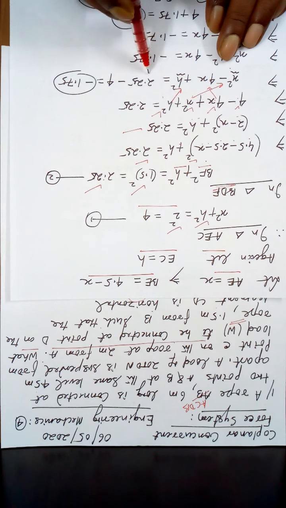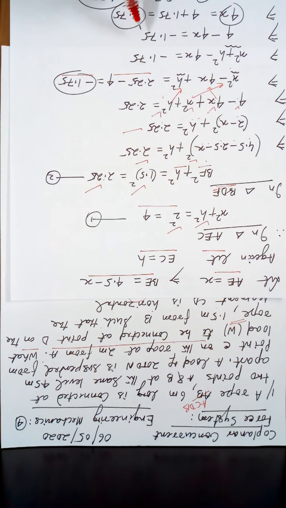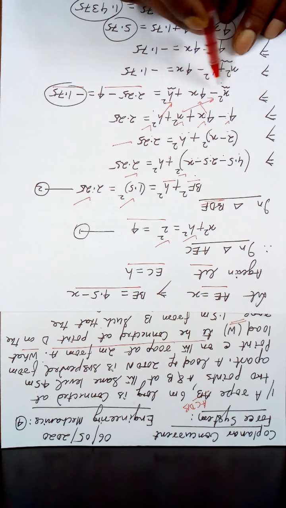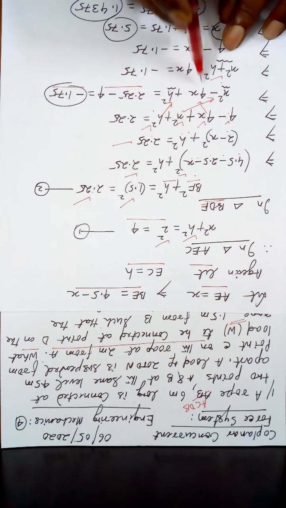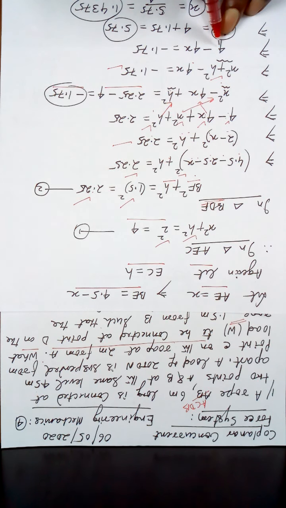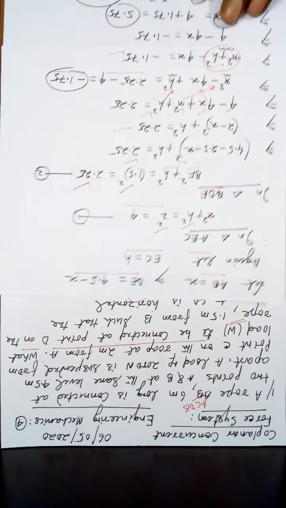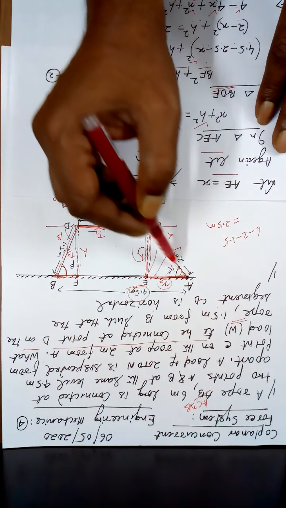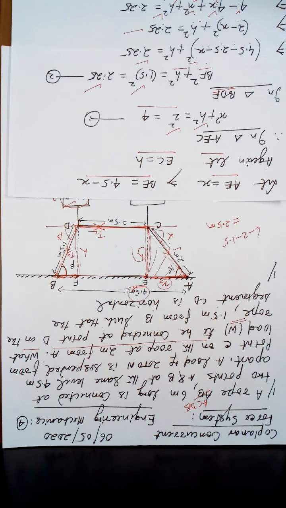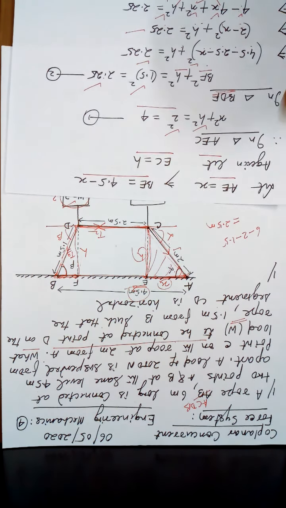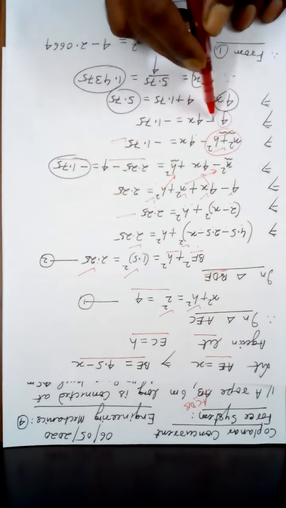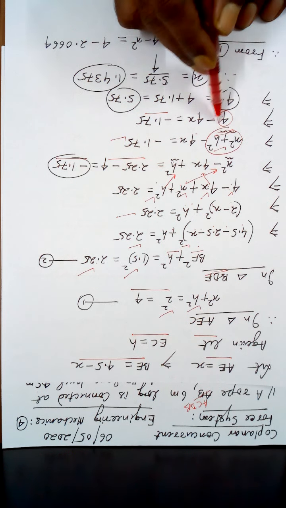I take this 4 to the other side, it becomes minus 1.75. So x square plus h square, I keep it together, minus 4x is this. Now how much is this? x square plus h square. Now from here, x square plus h square is the square of this hypotenuse, that is 4, that is square of 2. So for this I put 4, minus 4x is this. So this goes to the other side.